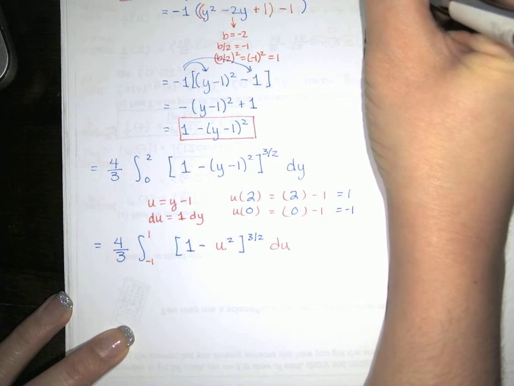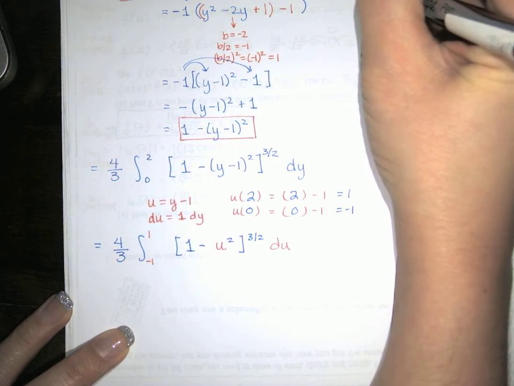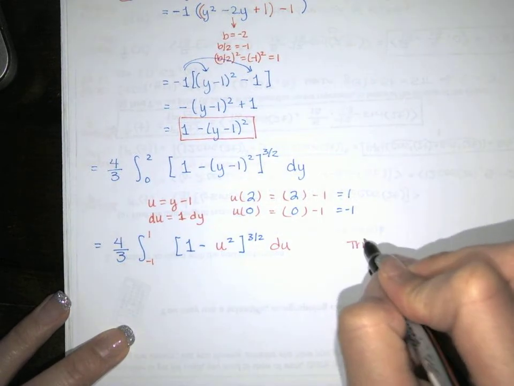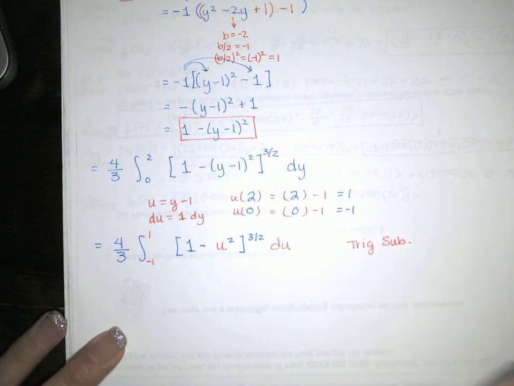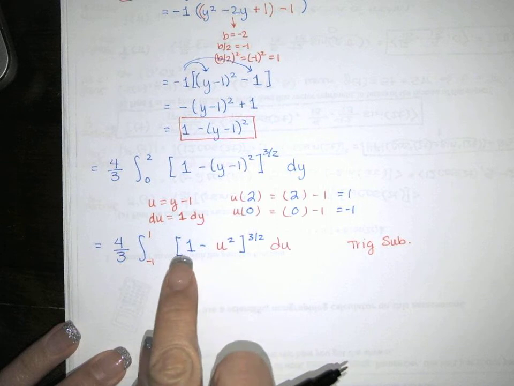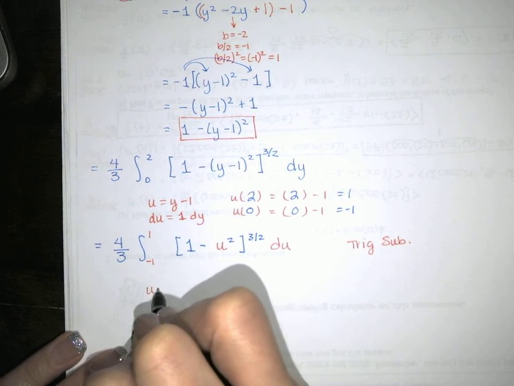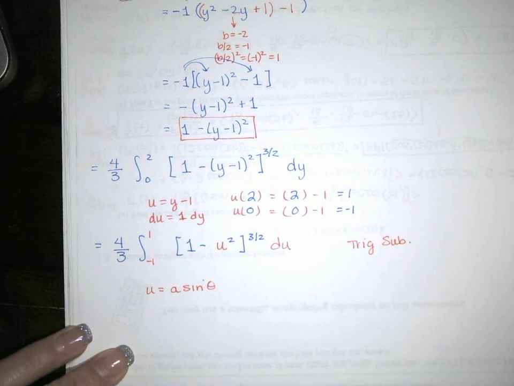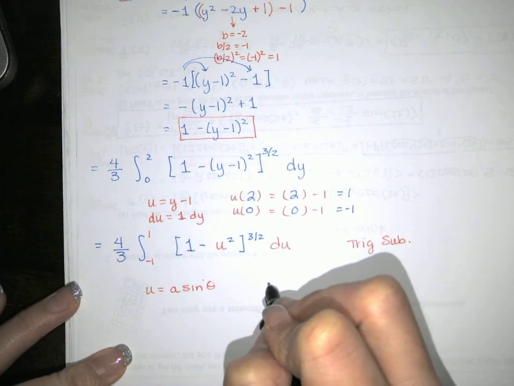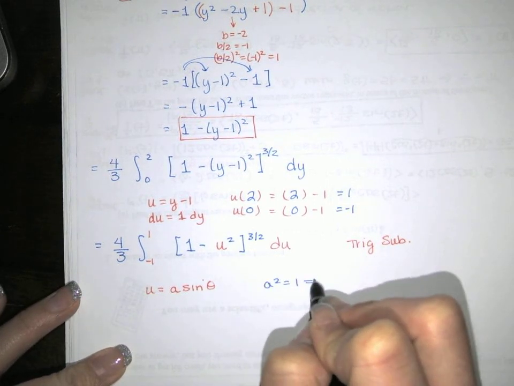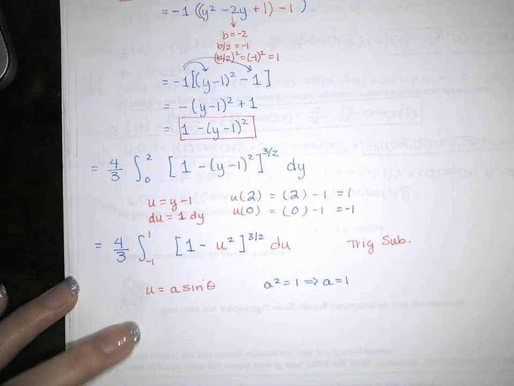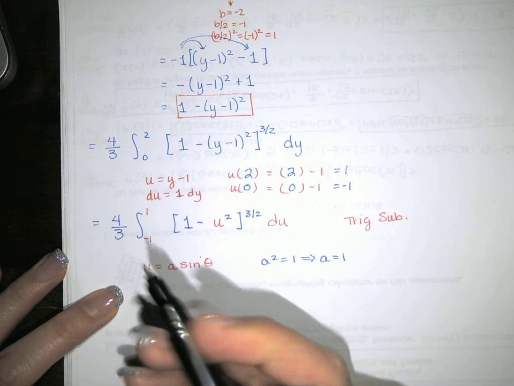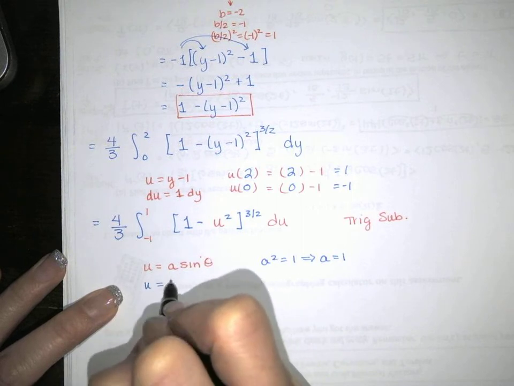So we had to complete the square, and because we have an a squared minus u squared, we're going to do a trig sub with, since the form is a squared minus u squared, u equal to a times sine of theta. Now a squared is 1, so a is 1. And remember how trig sub works. You need to write everything up here in terms of your trig functions. So I have u equals 1 sine of theta,